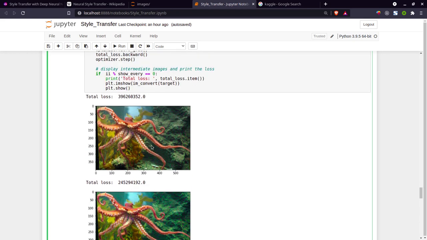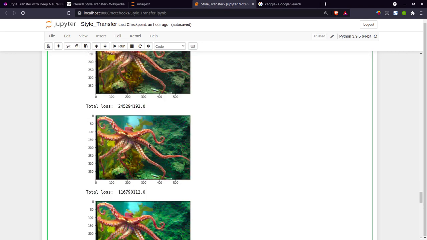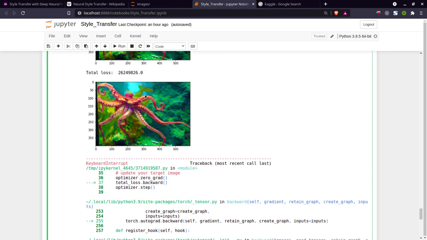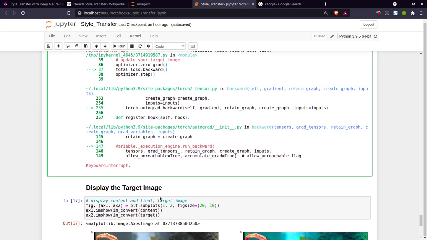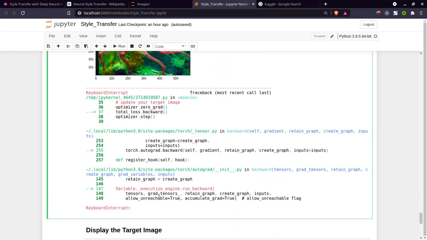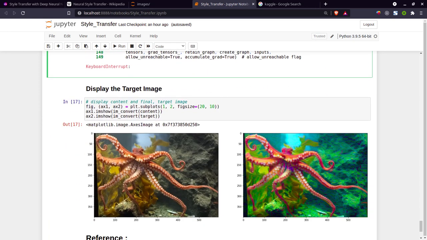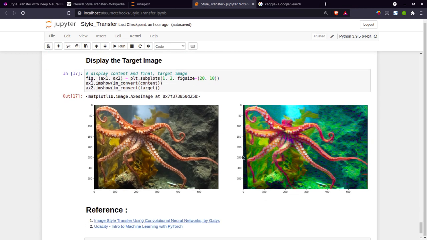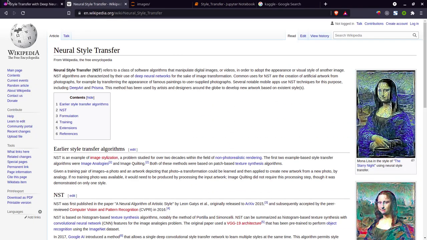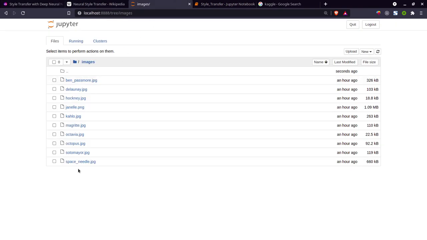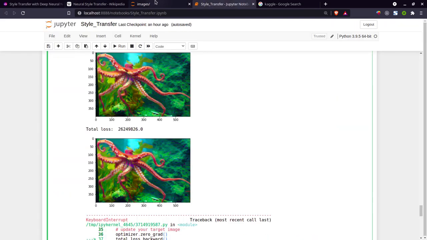So our original image was like this. By taking the style image, our image became like this. This will also run for further iterations, but I haven't run it. You can run that; it will take time, but you can. So this is our final model. This was our content image. By taking the style image, it converted into this. So you can say these are very good now. And there are many more images presented here. You can take the reference, or you can use the internet to get more images.